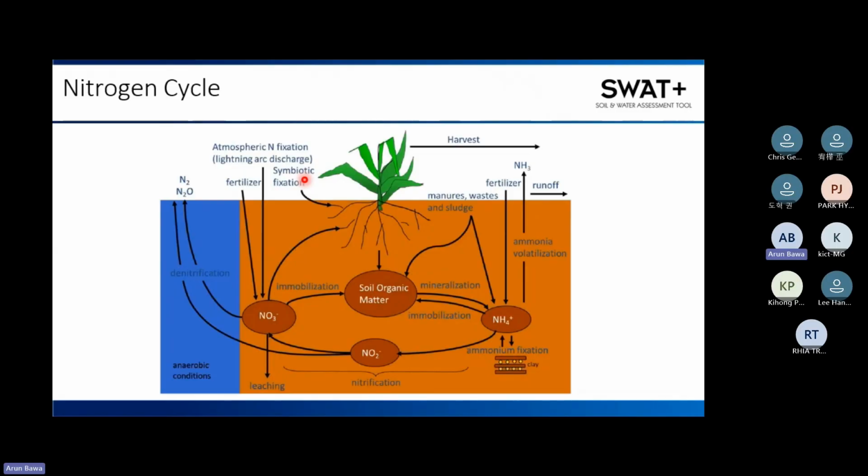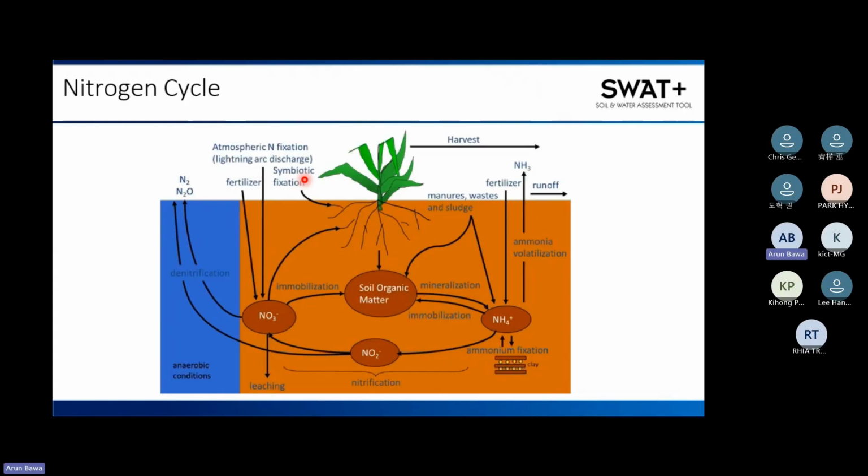like all those most famous fertilizers like urea, 46-0-0, 15-15-15, nitrogen, phosphorus, potassium, or cow manure, dairy manure, hog farm manure, poultry farm manure. So those kind of databases are already available in the SWAT model. So you don't need to, you just have to mention what fertilizer you are using, and the rest would be